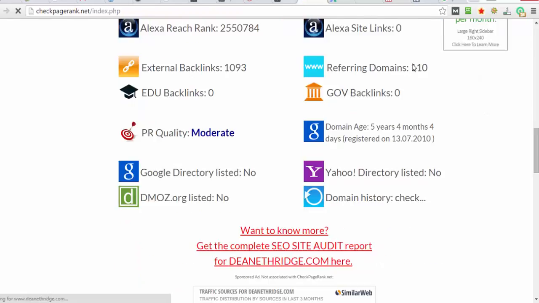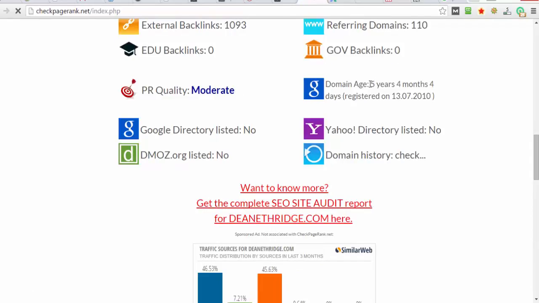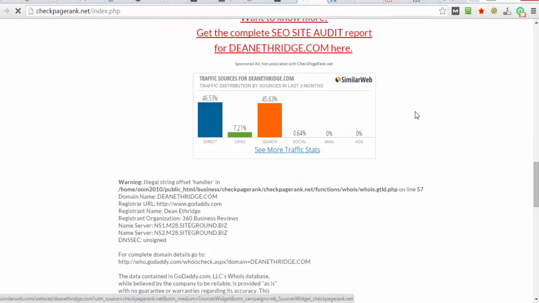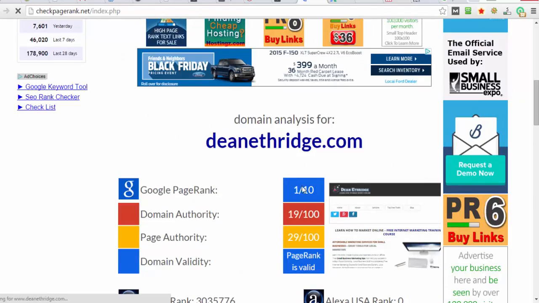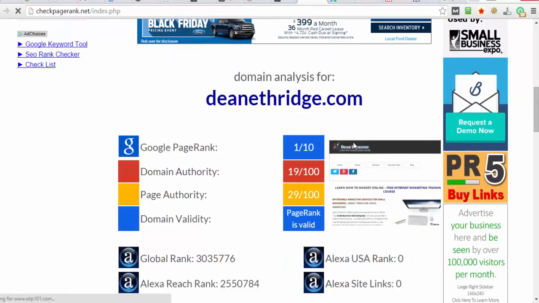I've got 110 referring domains, 1,093 backlinks, no gov backlinks, no edu, so I need to improve upon that. I've got a 5-year-old domain, and that's really important. And we'll try to talk about aged domains and where to buy those. But this is a great way. A Google page rank of 1 is good, actually.